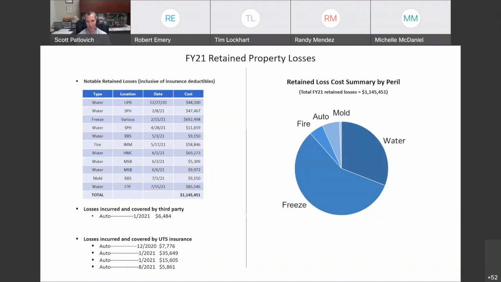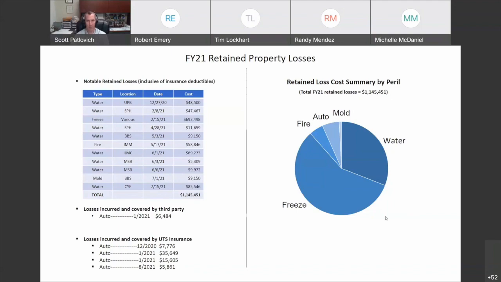February 2021, we had a horrific freeze, 4 days of 15-degree Fahrenheit weather. It was absolutely incredible, and we sustained a lot of damage from that event. But the normal bane of our existence is water leaks within our buildings, around our buildings. And so the retained losses we want to minimize by aggressively managing things like water leaks. And we've had some lessons learned from that freeze event. Other events, small fires, automobile accidents, et cetera, some of which we're able to reclaim costs from third-party subrogation for things like auto accidents and the like.